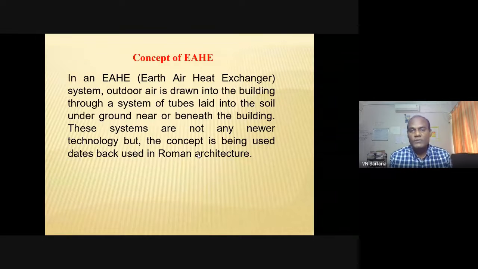Rather than depending upon conventional or high grade energy, we can use non-conventional technologies, using renewable energy sources, and we can get all the benefits and comforts. Our requirements can be fulfilled, and our human activities can be easily performed with the help of naturally available resources and technologies which use nature. So these systems are also very effective in providing cooling and heating of air.